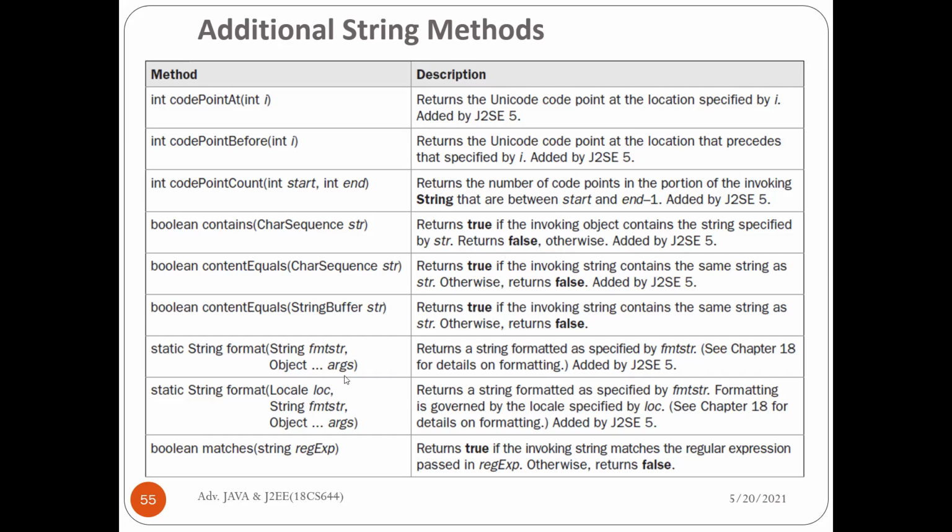The format we can specify here is in what format we want the date or time. In that format, it will convert the given parameters and return the string.